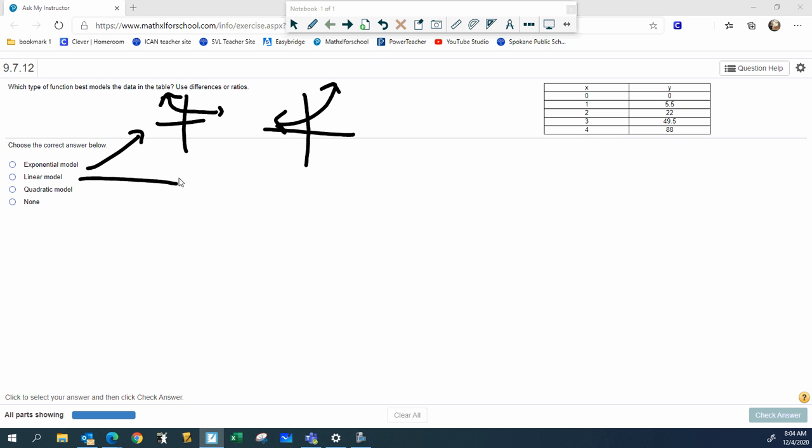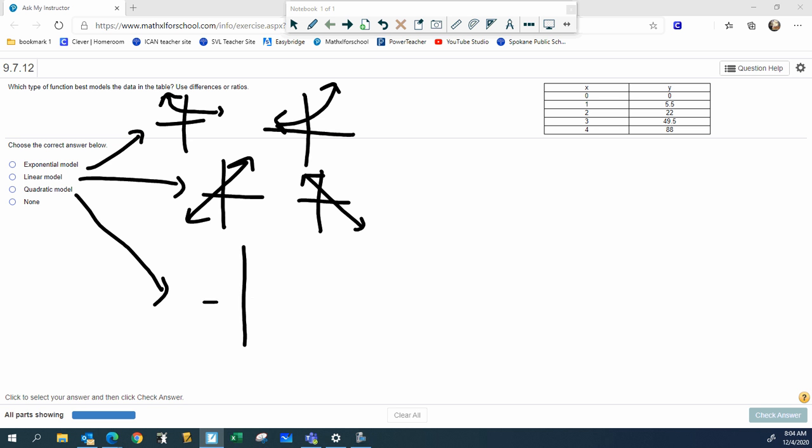A linear model is constant, so you're going to have an increasing line like this. You could have a decreasing line where it's decreasing at a constant rate. You could have a quadratic model, which is a parabola, opens like this, or opens downward like that. In order to figure out if you have a quadratic, you kind of have to find second differences. That's one way to do it algebraically, but you'll be able to see the pattern as you look